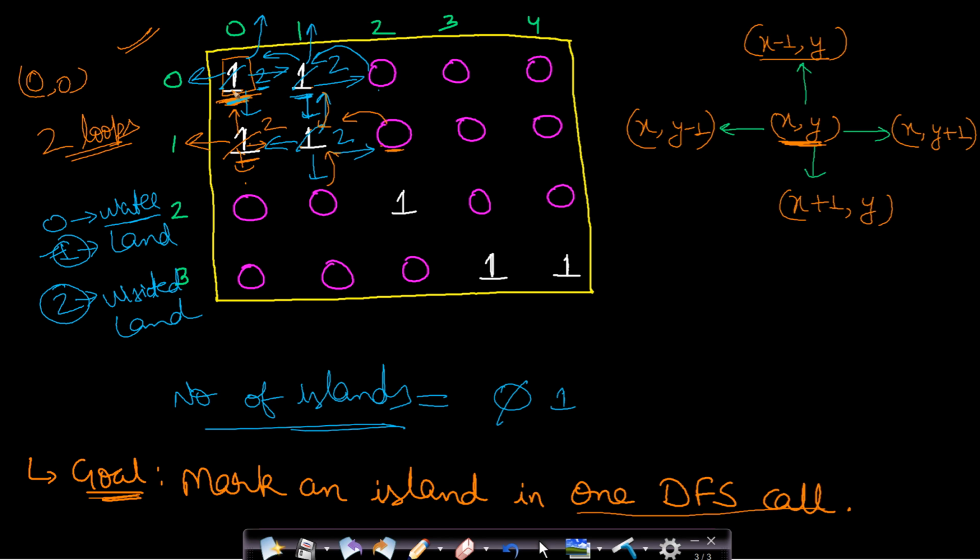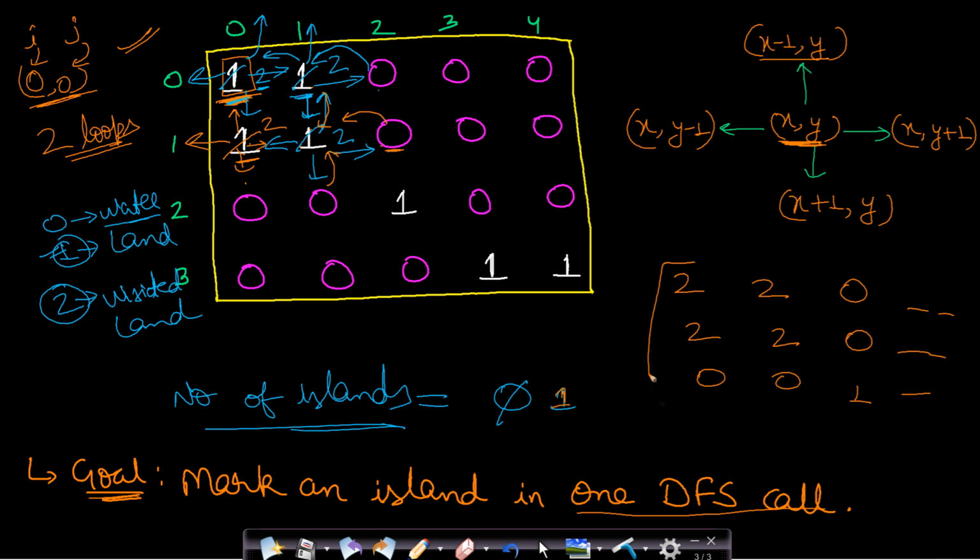So we had seen a 1 initially at 0, 0. So our ith loop and jth loop values are just 0, 0, and this value was 1. So we had increased the number of islands to 1, and we have marked this entire island. So after marking, this bunch will look like 2, 2, 2, 2, and the adjacent cells are 0, 0, 1, 0, 0. Okay, and there are many other cells as well. So these are all marked. Now we have processed this first cell. Now we will move on to the next cell.